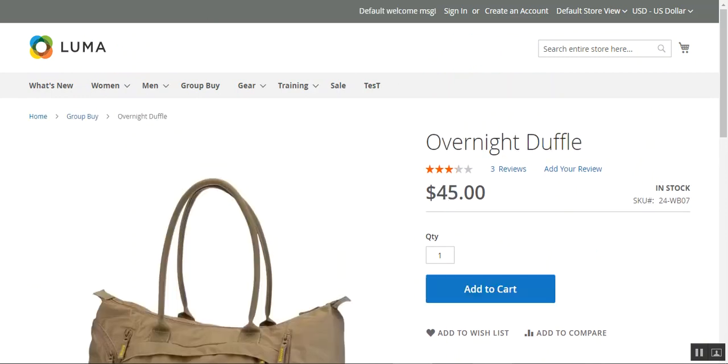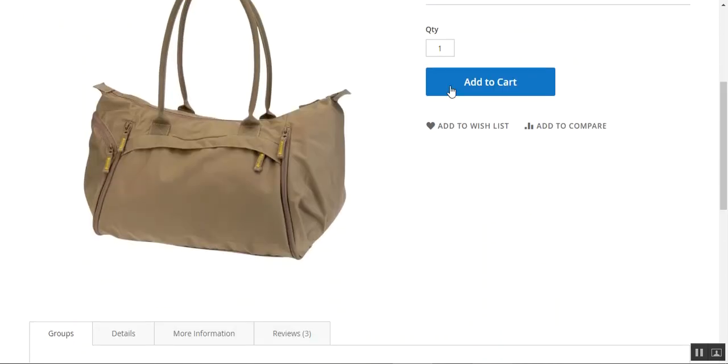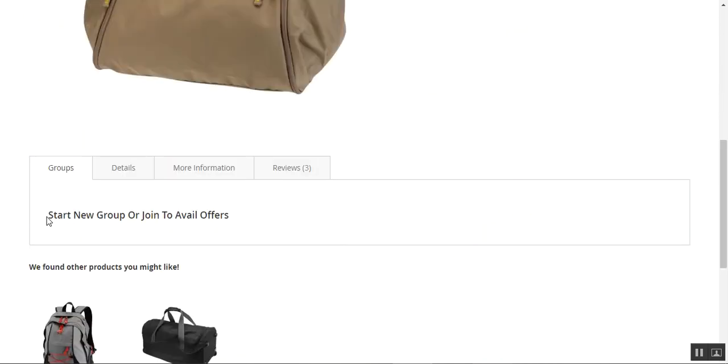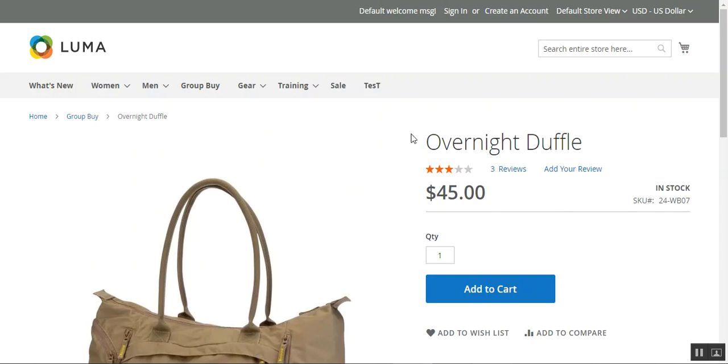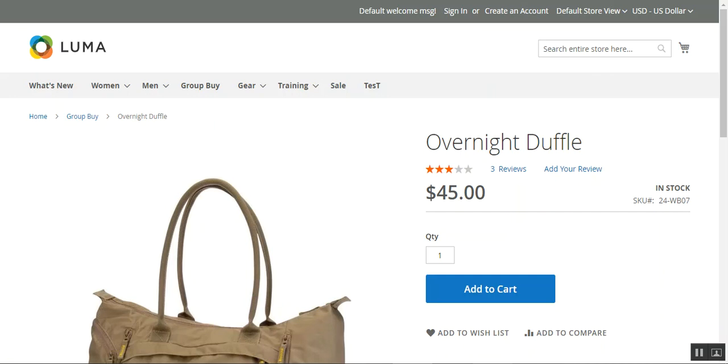Let's go to the overnight duffel bag, and similarly we have it for $45. We just have the add to cart button, and under the group tab we have start a new group or join to avail the offers. So now I'll first sign into my account, and then come back to this particular product, that's the overnight duffel bag. So let me sign in first. I'll open the sign up page in the window,